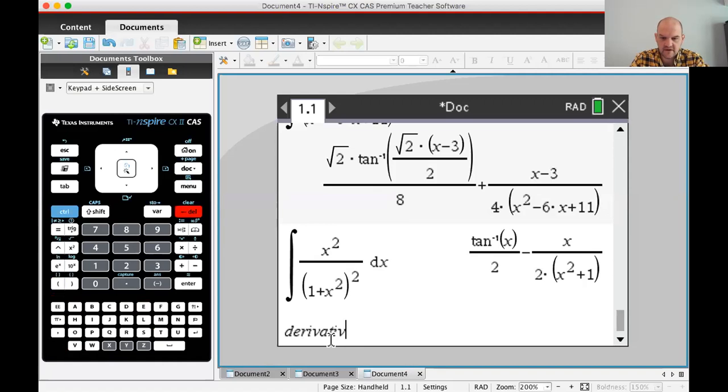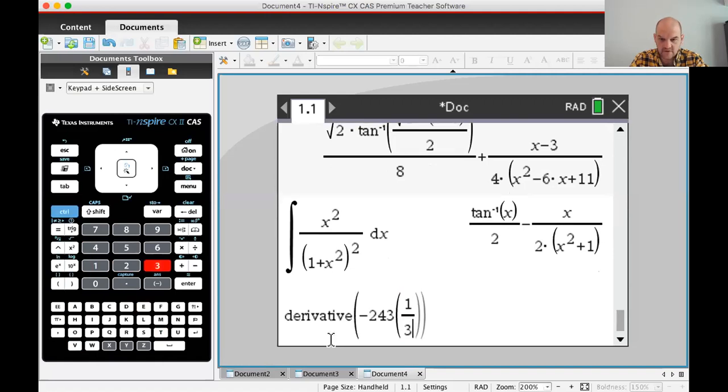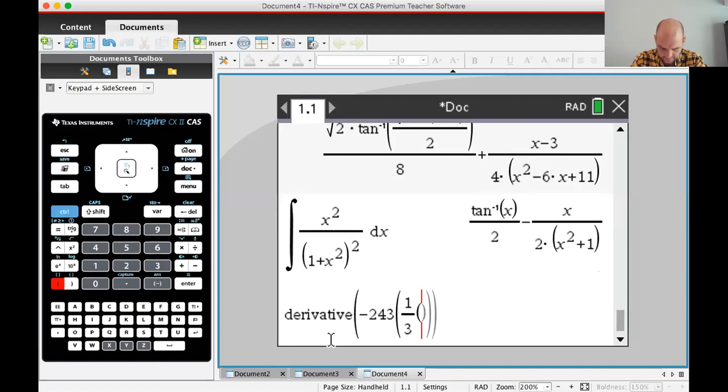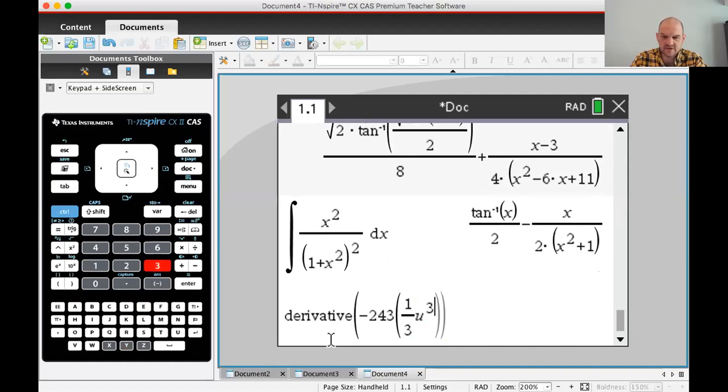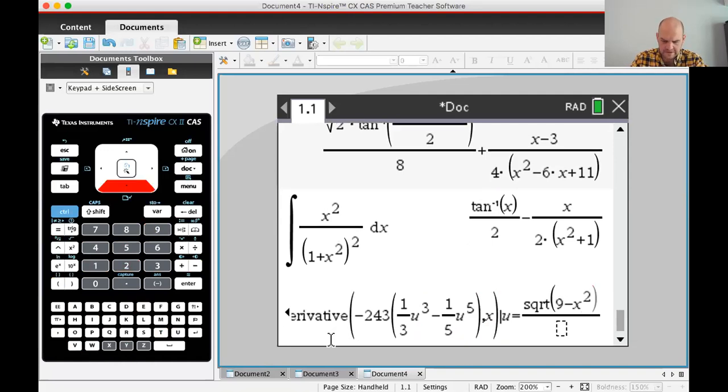Derivative negative 243 quantity 1/3 quantity. I'm just going to call this u. I'm not even going to do a quantity. I'm going to do u cubed and then minus 1/5 u to the 5th. I don't know what the order of operations on this is going to be, but that's what I wanted, comma x, such that u equals square root of 9 minus x squared over 3. I don't know if this is going to work. I think it will, but